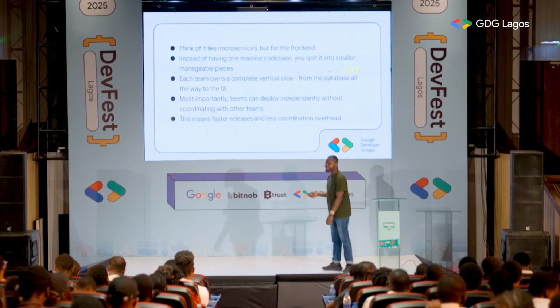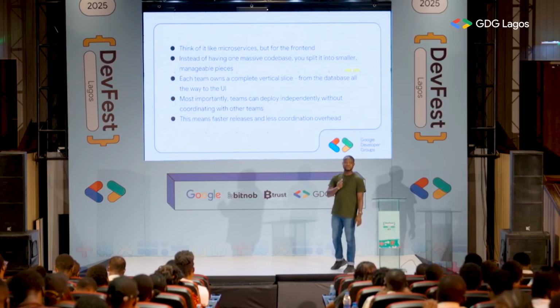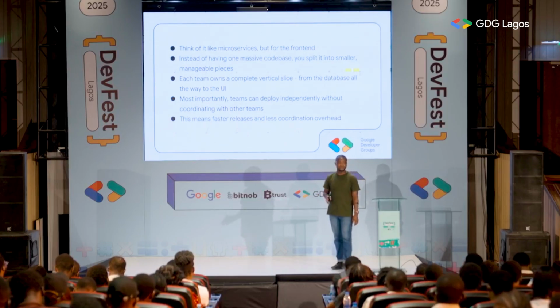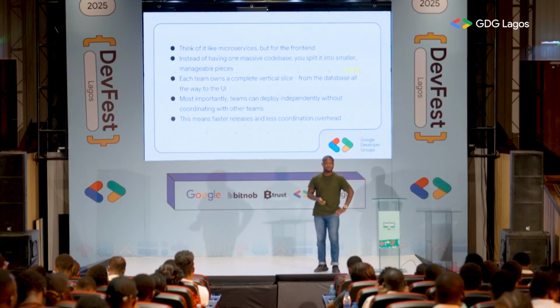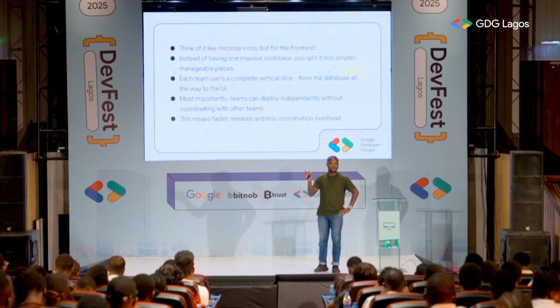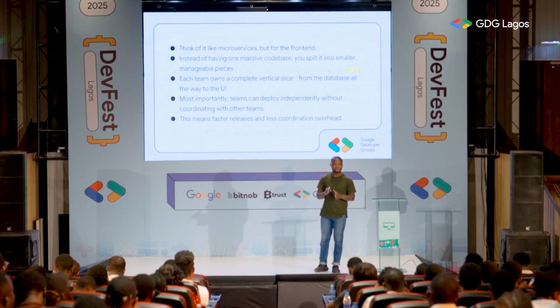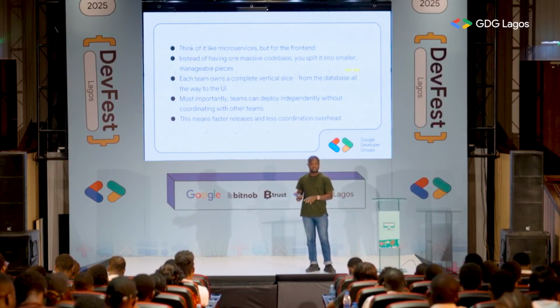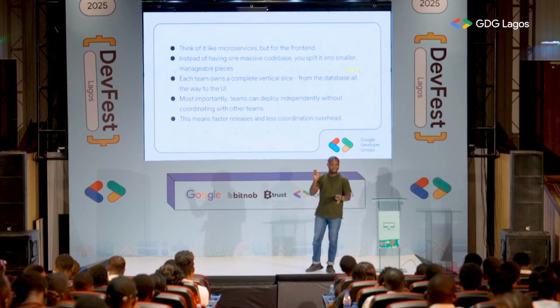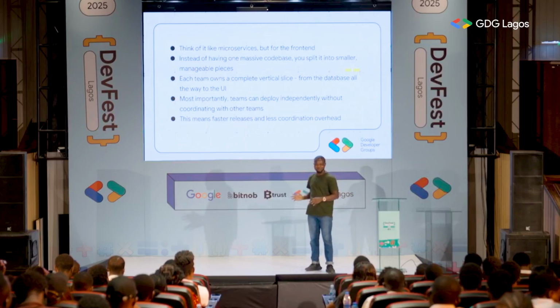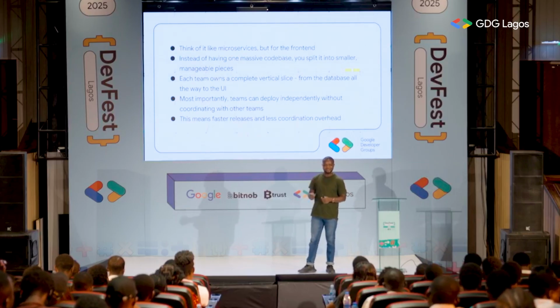Most importantly, teams can deploy independently. That's one very key feature of micro frontends. If we want to add, for instance, Facebook or Instagram, we should believe that for every icon or feature you see on the app, different teams manage those features. I heard that for the like icon on Facebook, you have a team of people designed to ensure that when you click on it, it shows the blue tick.